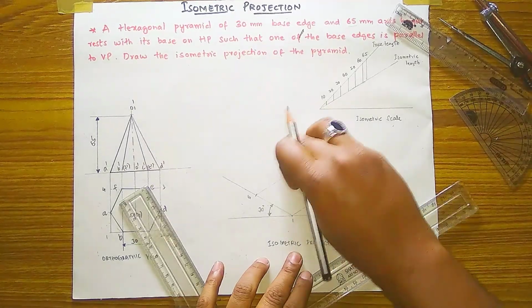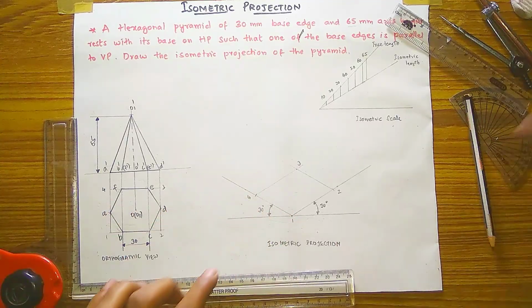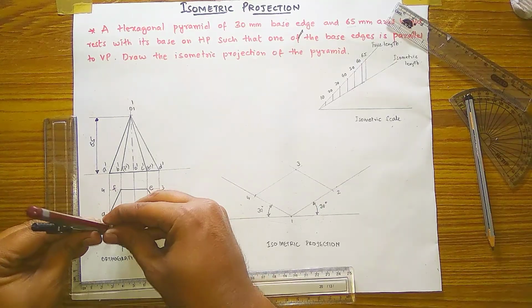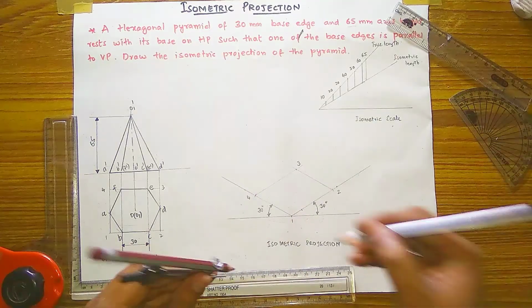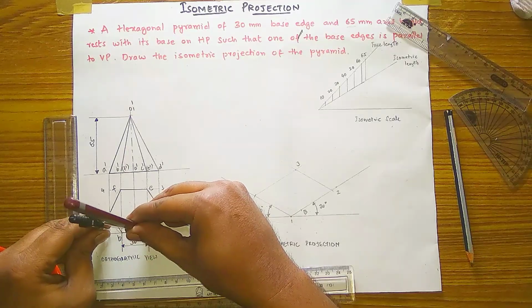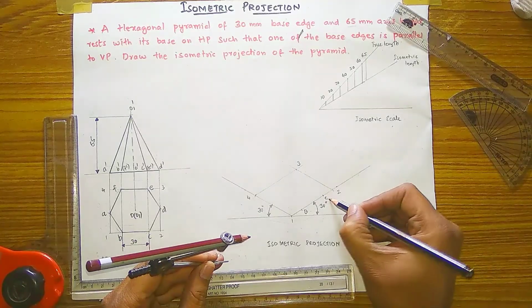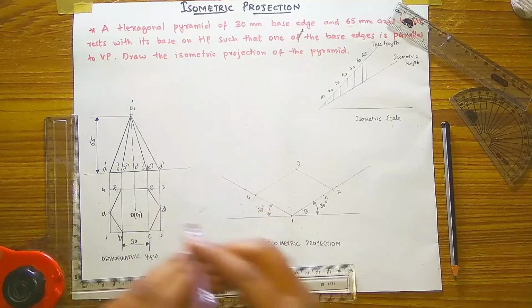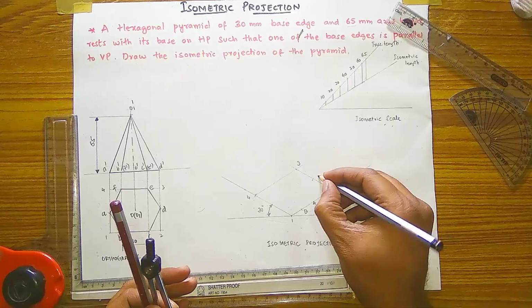Okay, then after you have to draw this hexagon. You have to measure the distance from 1 to 2. You are having B and C, so measure the distance from 1 to B. So keeping on 1, B point you have removed, so this is the B point, and from 1 to C you have to measure it, C point. And in 2 or 3 you are having only one point D. Measure that point D and keeping on 2 point, and this point is D.